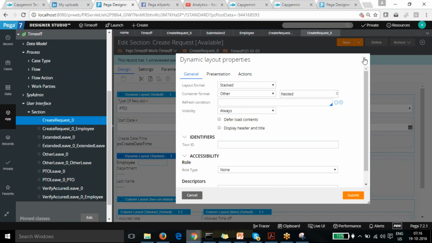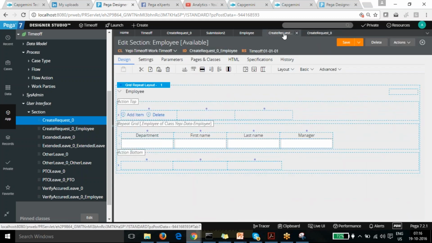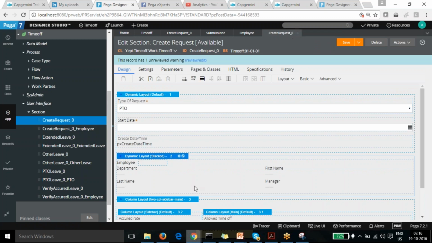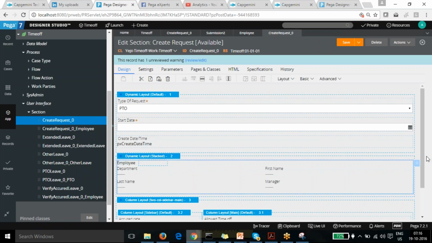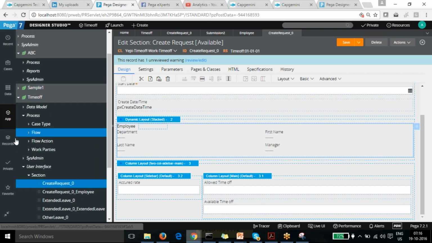We have directly used the property. We are not using the sections at all. The employee section, we are not using this one. So we have all the properties here directly. Here I'm going to include one more property. I can drag that property directly here, the email ID, which I just created.